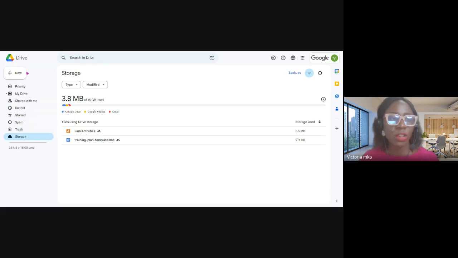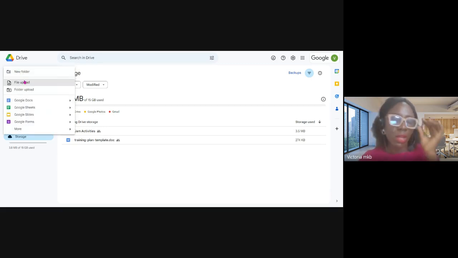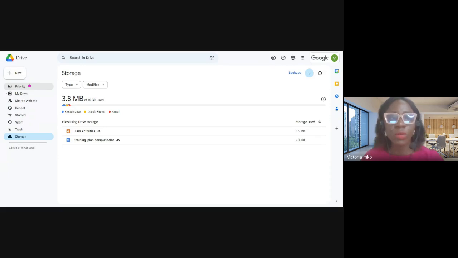We've created a new folder. So now the next one is file upload. Now you can upload files from your computer into your drive so that it can serve as your backup storage, or possibly you want to use it to teach. So by clicking on file upload,